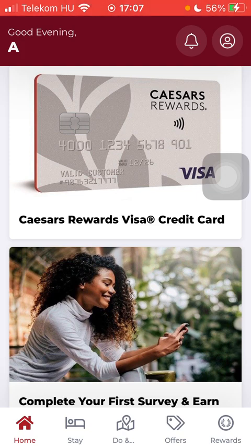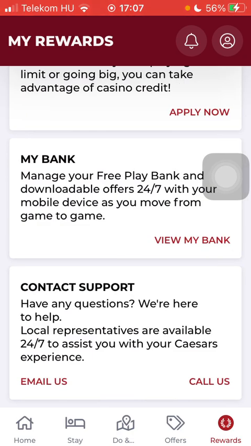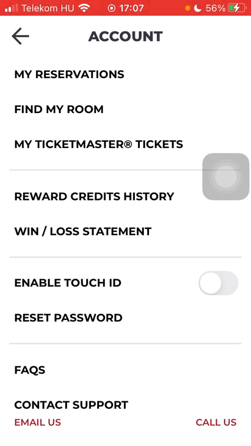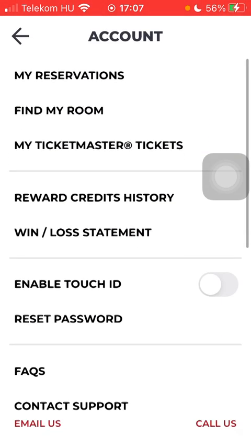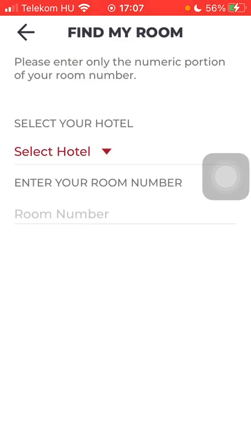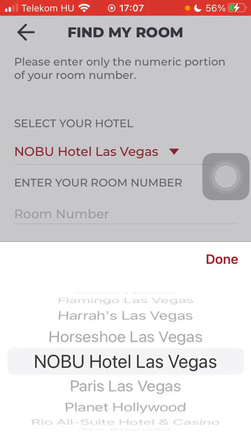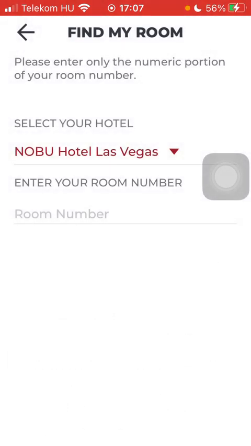First of all, open the application on your phone. After that you should tap on the rewards button down below on the right side corner of the screen. Then you should tap on the account button in the upper right corner and then tap on the second option within the account section, find my room. Here you should select your hotel by tapping on select hotel. Here you can find the options and then you should enter your numeric portion of your room number